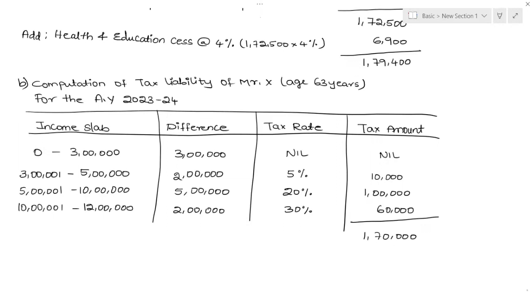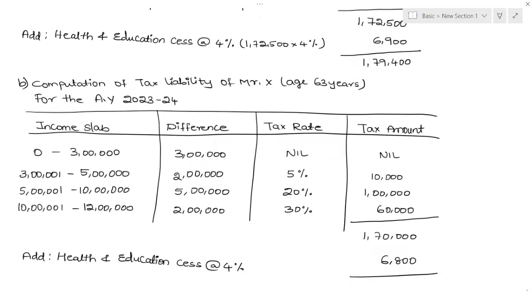Add health and education cess at the rate of 4%. Here also I need not repeat, right? No rebate is available because income is more than 5 lakhs. No surcharge applicable, income is less than 50 lakhs, right? And income is how much? 12 lakhs, correct? Now 1 lakh 70,000 into 4%, 6,800 should come,